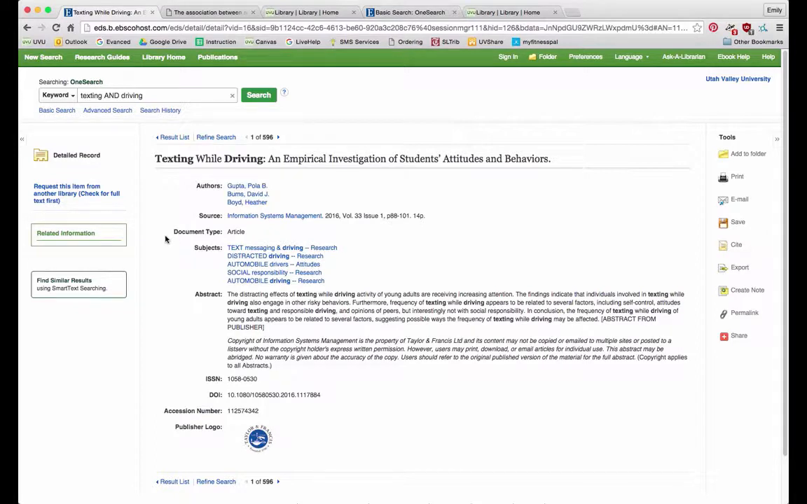So what we can do to double check this is I'm going to go here to the source line, and this first item, Information Systems Management, this is the name of the journal where this article was published. And I'm just going to copy this